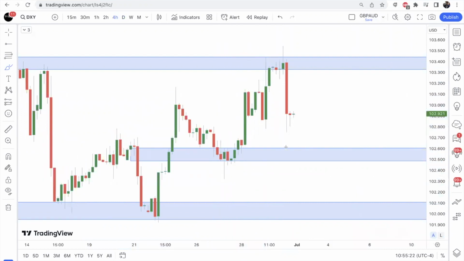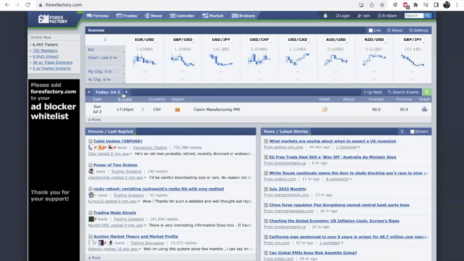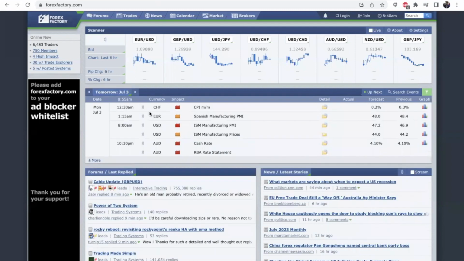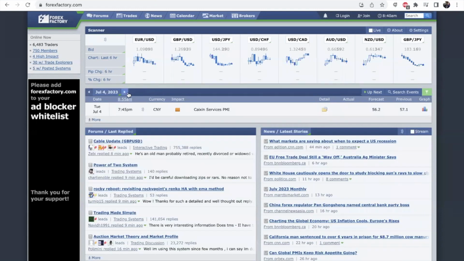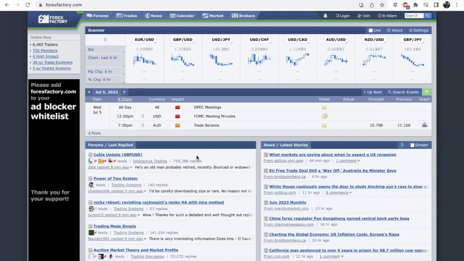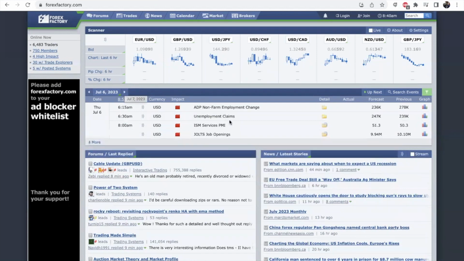So moving forward, early in the week, this is NFP week as well. Keep in mind, you always want to pay attention to the news, what's going on, what's coming, especially when it comes to the trades that you're trading. We see we got CPI inflation data for the Swiss franc on Monday, an interest rate statement for the Australian dollar, manufacturing PMI for the dollar. And then Wednesday, it's not pre-NFP this Wednesday. We got FOMC minutes. All right, Thursday, we got pre-NFP.